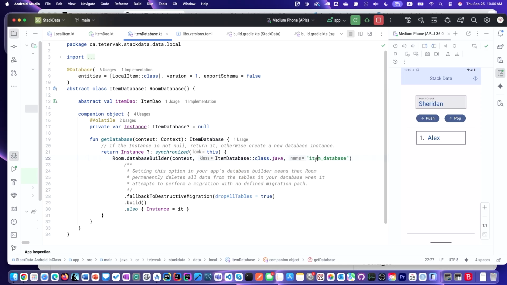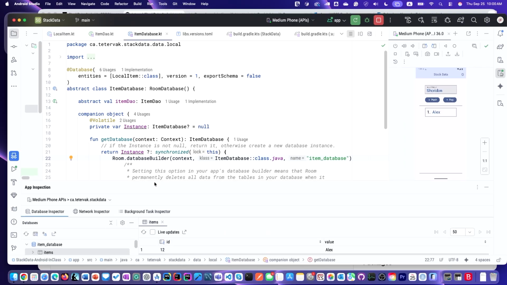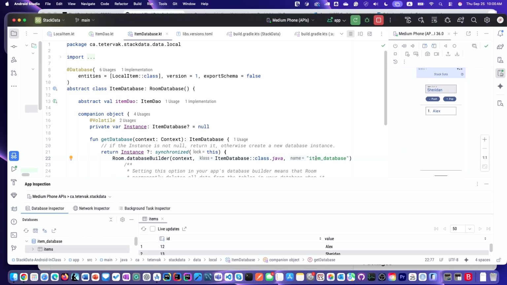What is this part? It's the name of the database that you saw, but under the hood you see item database. Under the hood, it's the name of the files, like the beginning of the name of the files on the hard drive. Because an SQL database is stored as a set of files on the hard drive of the device. It's not a server. It is just files edited by the libraries. So where to see them? If we click on this